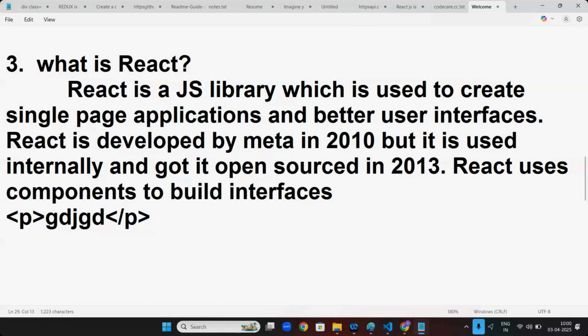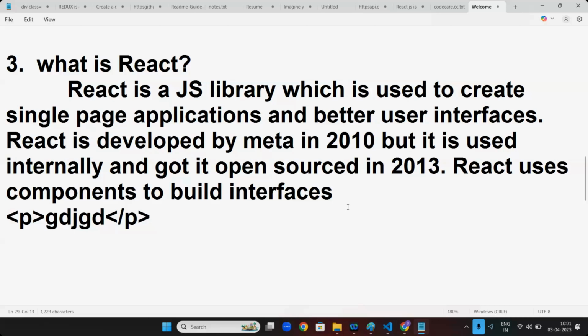Do you guys know what a function is? What is the main use of a function? Anyone tell me? Reusability. Correct. The main use of a function is reusability. You create one add function, then call that add function 10 times, nothing happens. Same way, imagine someone created one paragraph that I want to use multiple times.